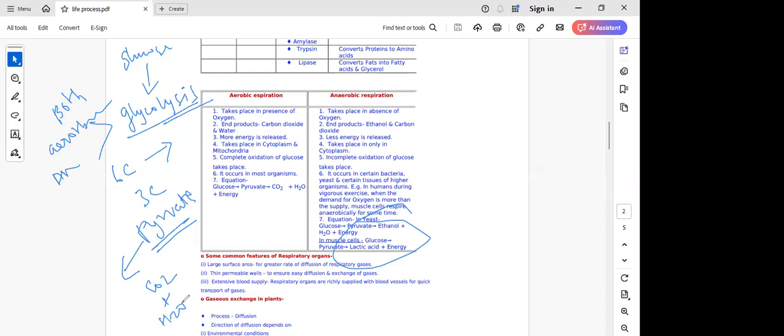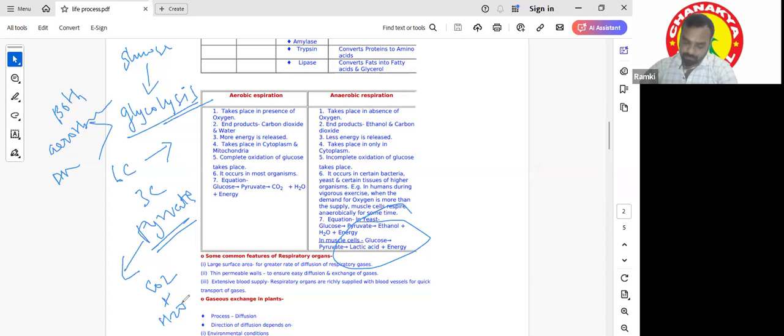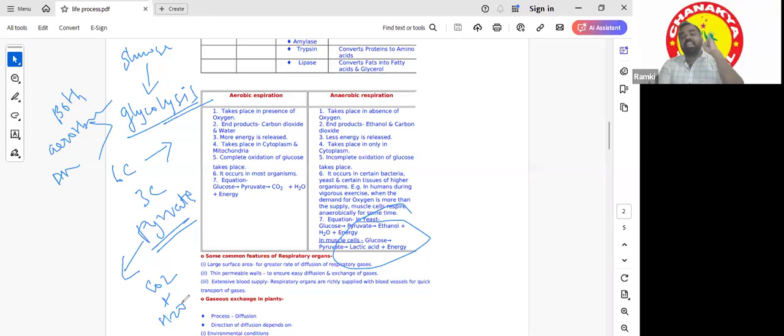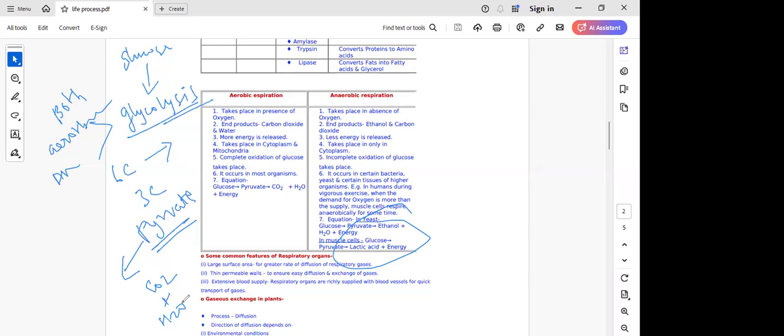Very good. What are all the steps involved in aerobic respiration? Sir, glucose will be broken down to pyruvate, then... Glycolysis, Krebs cycle, and electron transport chain. Anaerobic respiration takes place in only one. What is it, dear? Glycolysis. Aerobic respiration takes place in the mitochondria. Yes. Okay. Next,